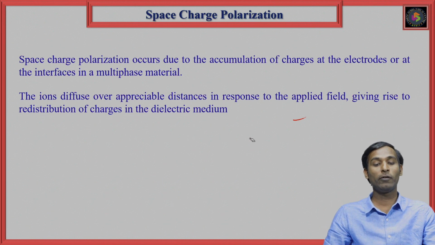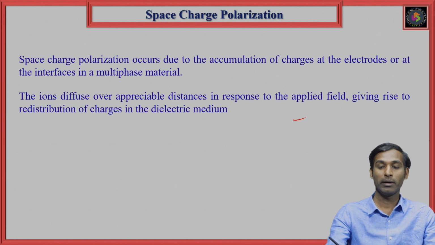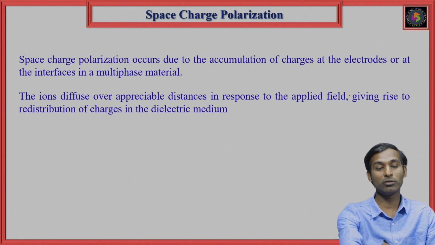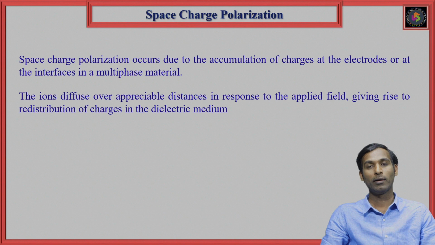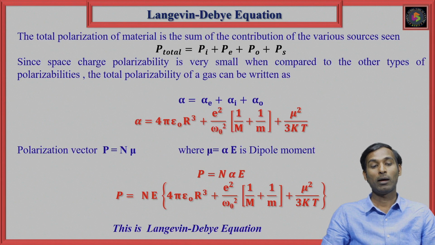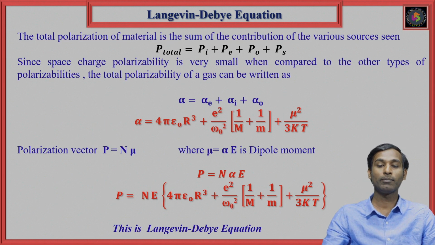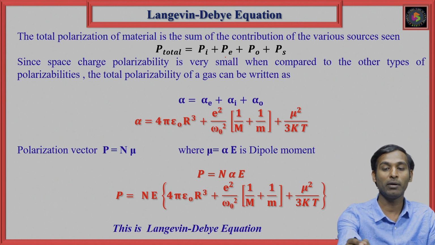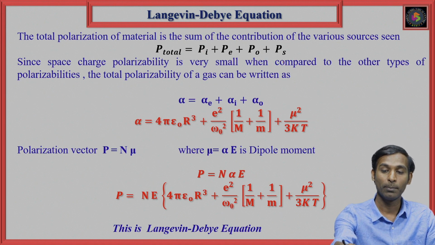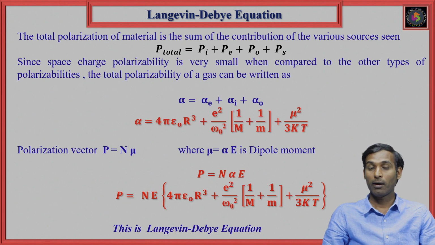So the ions diffuse over appreciable distances in response to the applied field, giving rise to the redistribution of charges in the dielectric material. We are talking about the dielectric material in space charge polarization. Now you can see here, the total polarization is related to the sum of the contributions of the various sources. So total polarization can be written as ionic polarization plus electronic polarization plus orientation polarization plus space charge polarization. Since space charge polarizability is very small compared to the other types of polarizabilities,